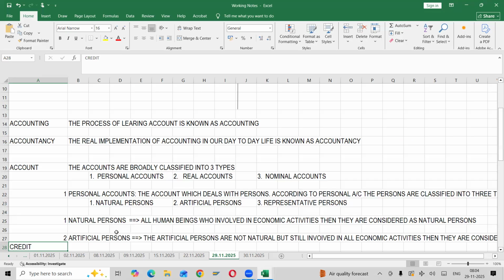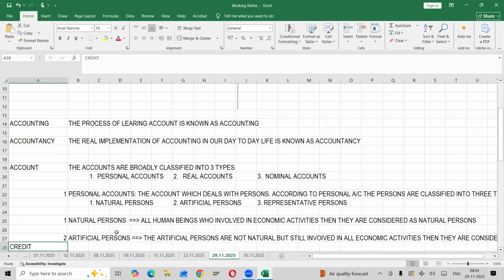Clear? Next one. If you take Chandana Brothers or RS Brothers or any other store, and we purchase items from so-and-so store, is that particular store selling it to you? No, right? Still, some salesman will show you, but we say that we purchased from so-and-so store. So we are considering that store as a person.